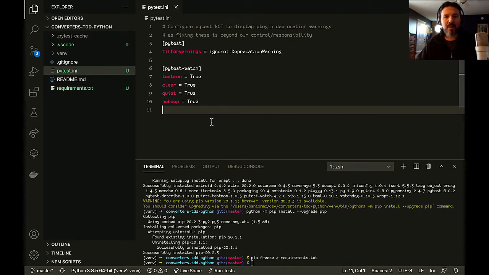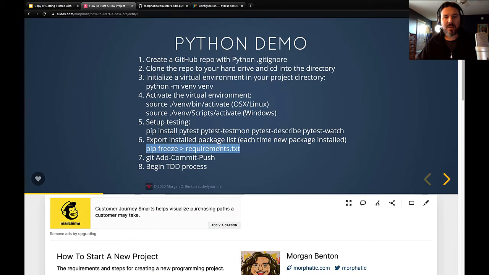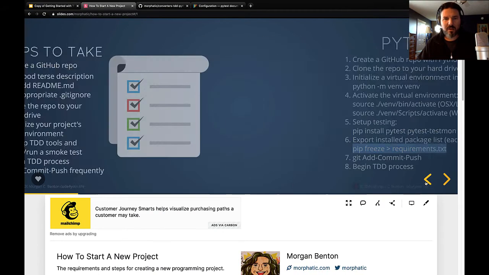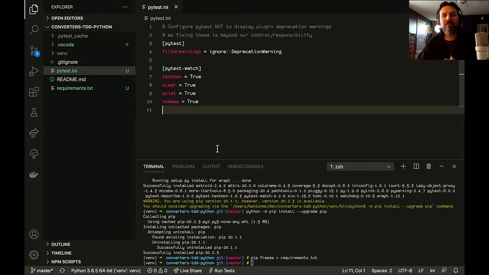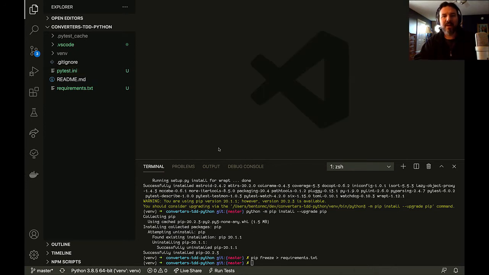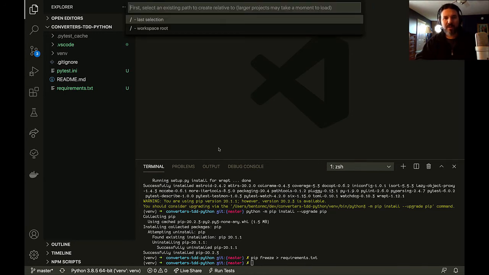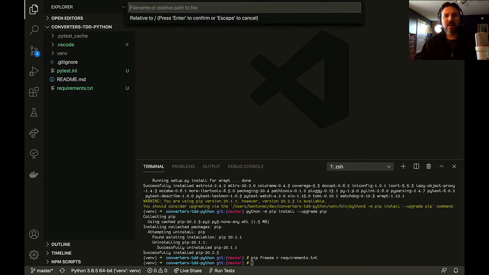This is why I did pytest.ini, and then it doesn't say so on this list, but if you go back one slide here, it says set up TDD tools and write and run a smoke test. So let's write our smoke test before we do anything else. Now I'm going to close out of the pytest.ini file. I don't need that one anymore. And I'm going to create a new file, and we're going to store it in the root directory, and I'm going to call it